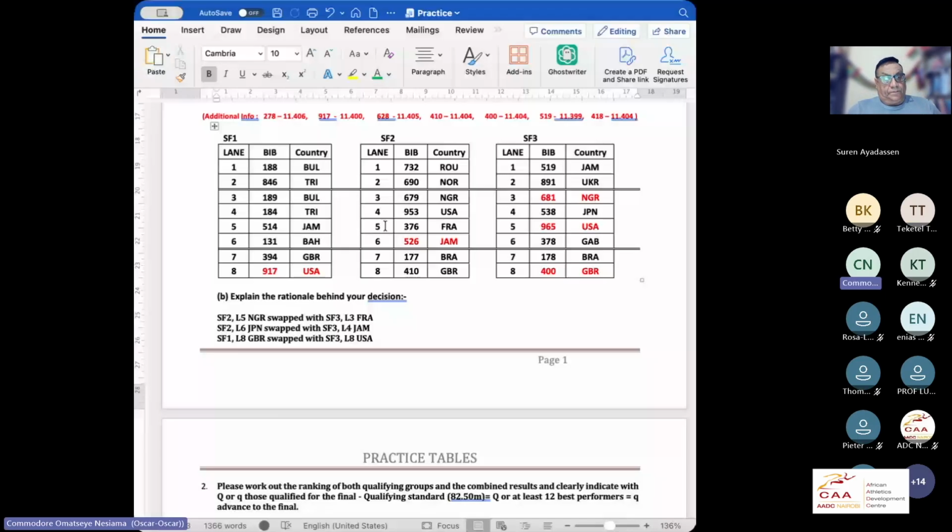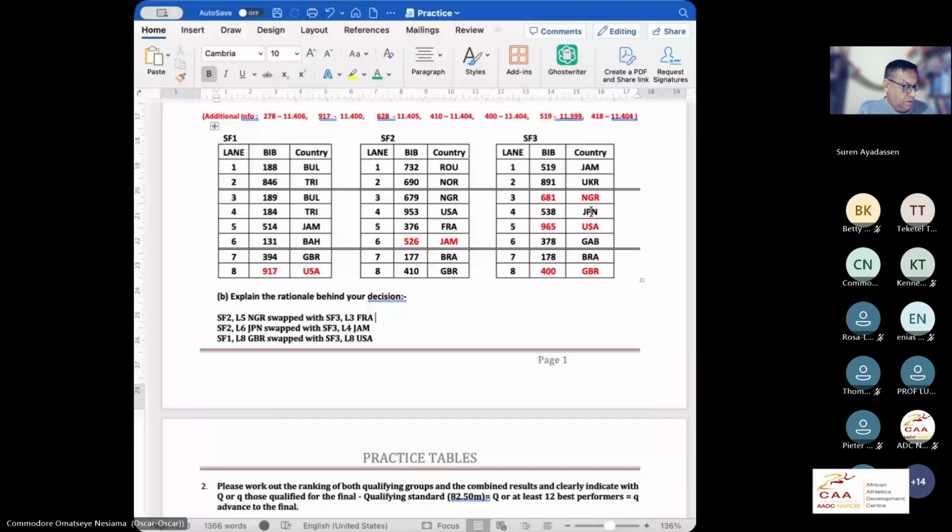Okay. So swapped with semi-final 3, lane 3. So Nigeria moved from 5 here to 3, and France and Japan,